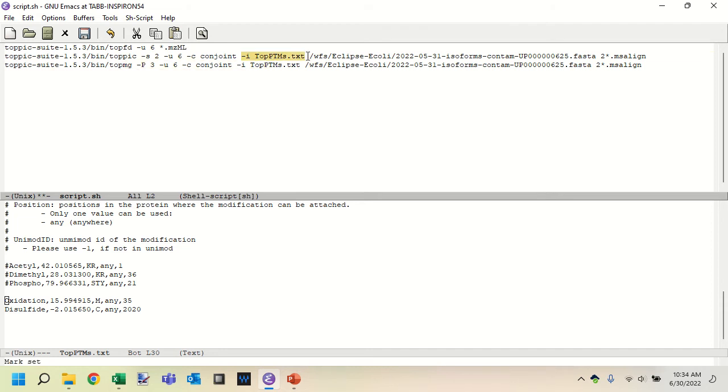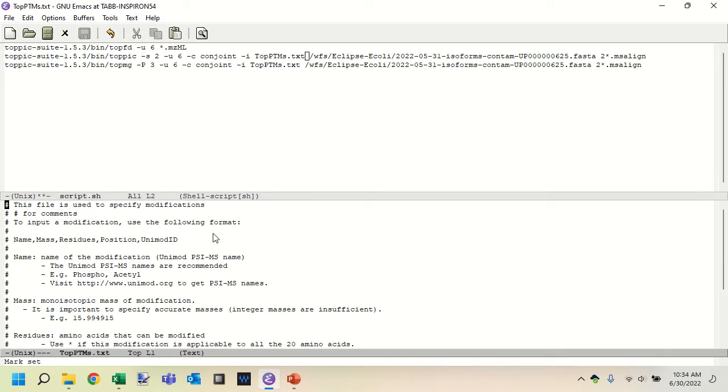Importantly, we need to tell the software how to interpret the mass shifts that it observes. And in this case, we're doing that in a file called topptms.txt. I have that open down here at the bottom. You can see that most of this is commented out. That's what these little hash symbols mean at the start. Ignore this line, essentially. But those lines are useful because they explain how to interpret each